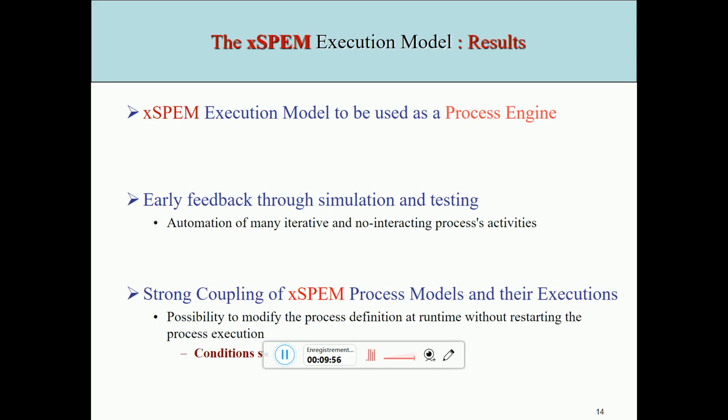We don't have to generate to a different language and then launch another compilation or interpretation step. And due to this strong coupling between the XPAM process models and their execution, we started thinking about going to another approach that would allow us to modify the process models on the fly.